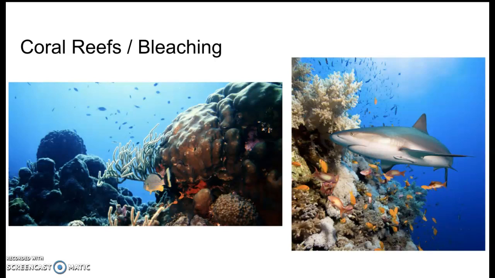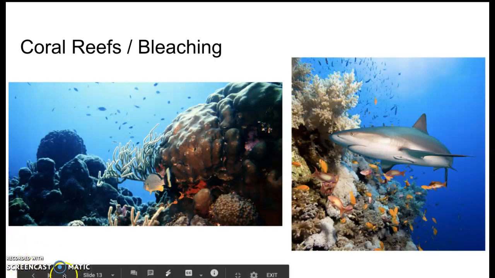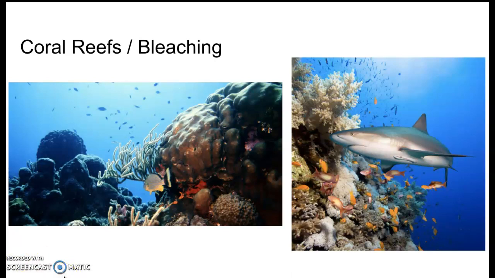So the coral reef provides shelter to the zooxanthella, and in return, the zooxanthella provides food to the coral. So coral is built with calcium carbonate, which is a material that is found from other decomposing animals